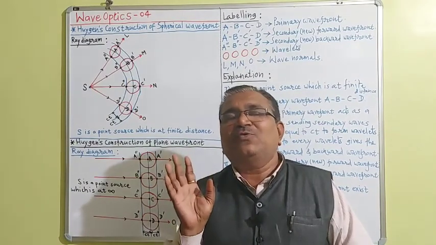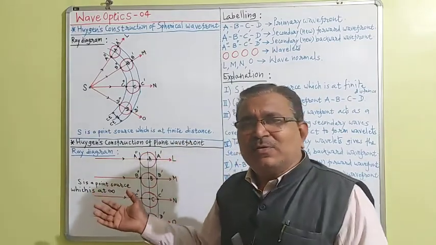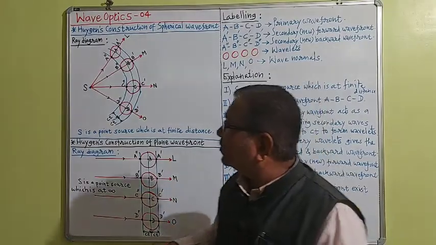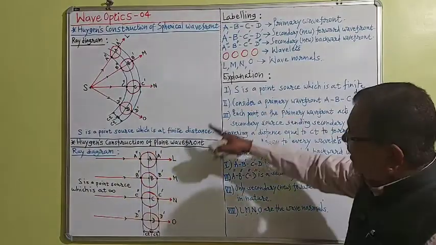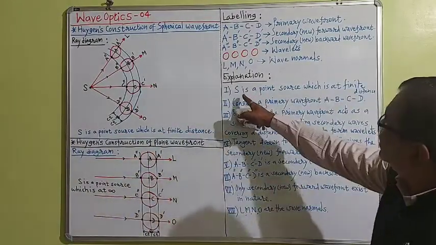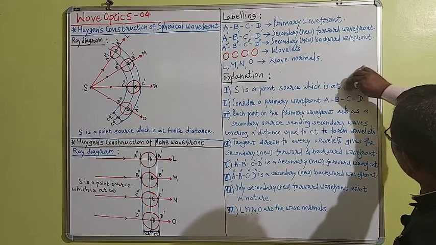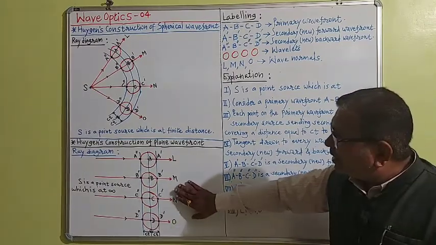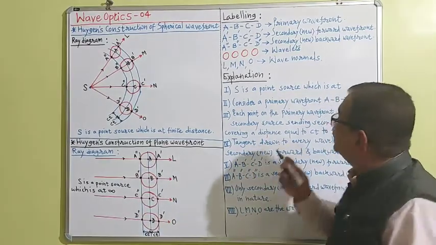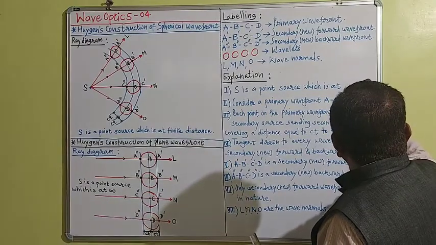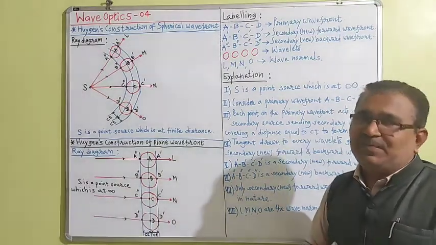In this way, we will use the trick of a 2-in-1 explanation for the two diagrams. Then now give the explanation of what? Spherical wavefront. What is the explanation of plane wavefront? So S is a point source which is at infinity. I have written here, S is a point source which is at finite distance, but now for learning the plane wavefront, listen carefully, dear student. Our point source is at infinity, like this.